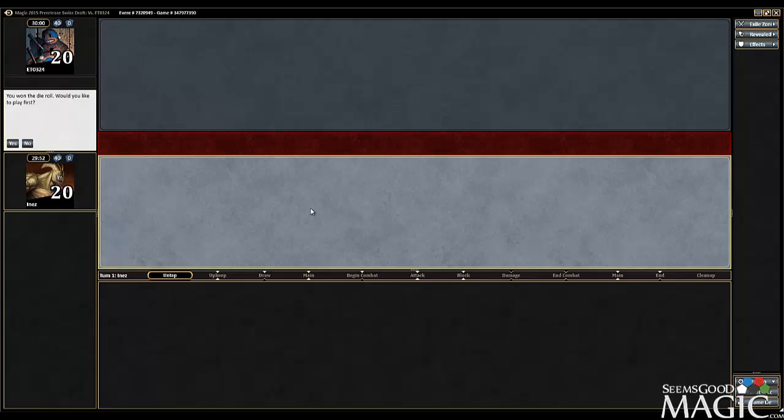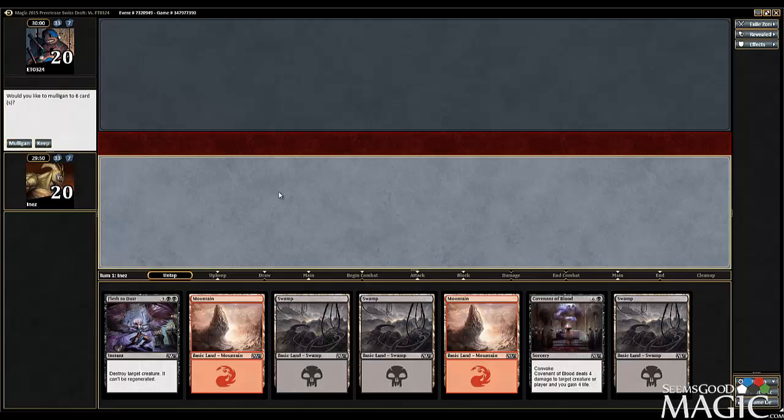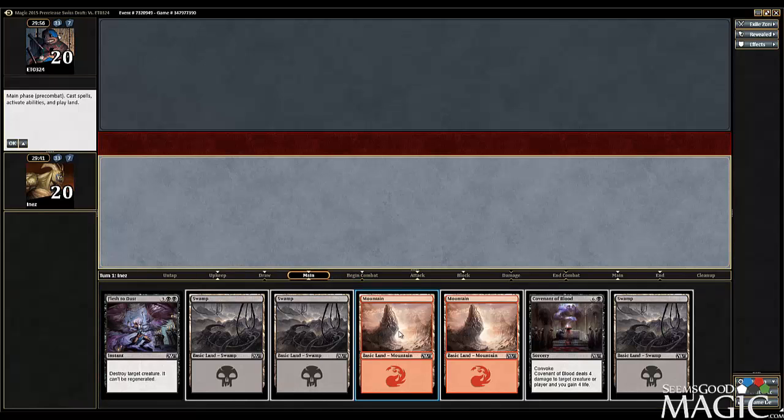Okay, round 3. Got the choice again, so we'll take it. Slow, but I'll keep it. Yeah, it's not a great hand, but we have our lands and we have a lot of potential 2-drops we can draw. I think having...